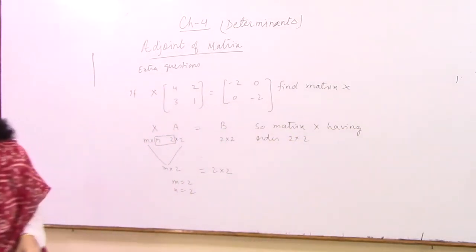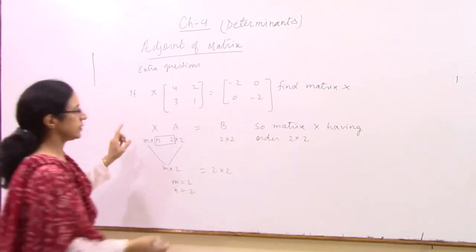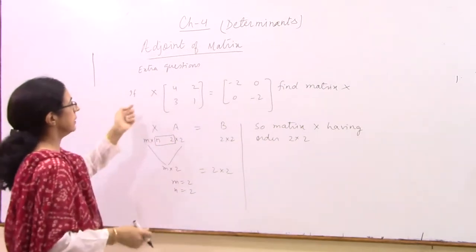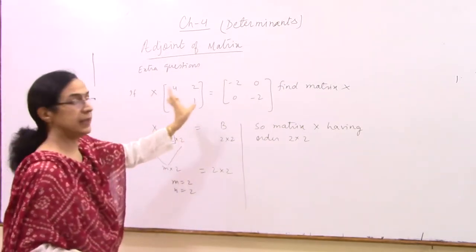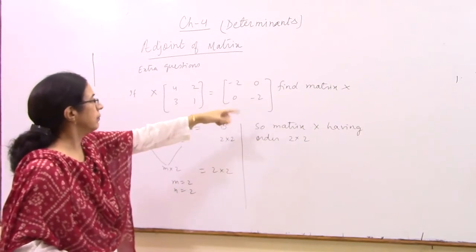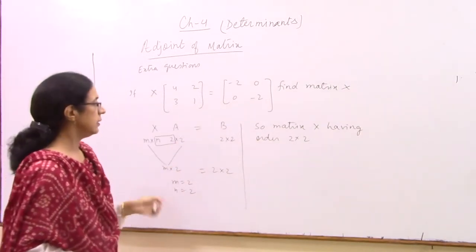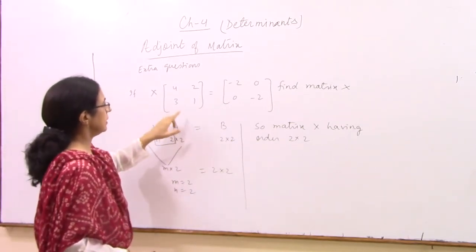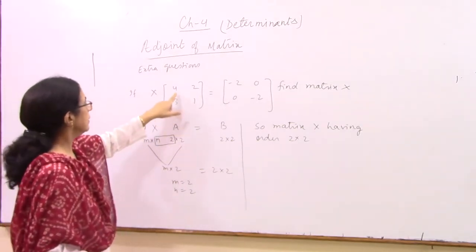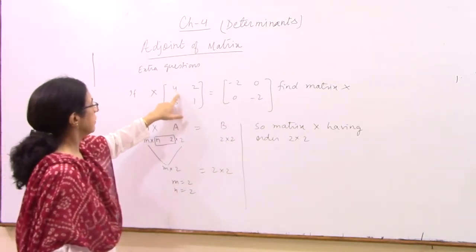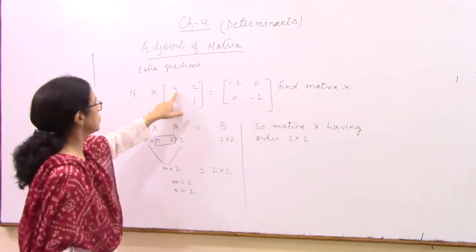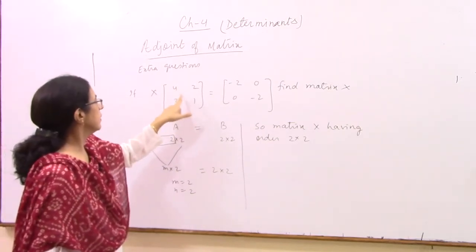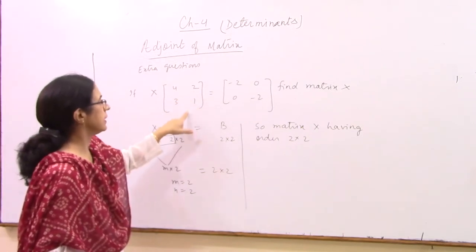यहाँ पे इस मैट्रिक्स X को आप ऐसे भी ले सकते हैं कि सपोज X इक्वल टू A B C D, देन इन दोनों मैट्रिसेस को मल्टीप्लाई करके X और A को और फिर B के इक्वल करके हम वैल्यूज निकाल लें. सेकेंड मेथड ये है, हम नोटिस करते हैं इस मैट्रिक्स A का डिटरमिनेंट का वैल्यू यहाँ पे -2 है. Since 4 into 1 minus 6, that is -2.